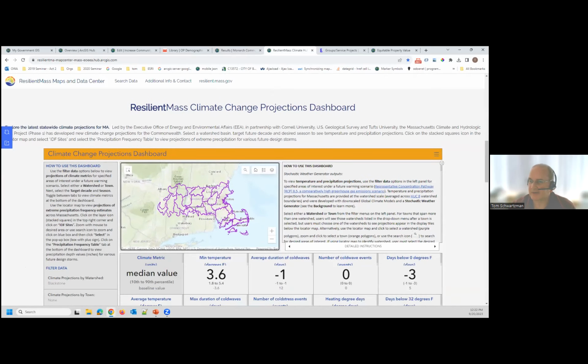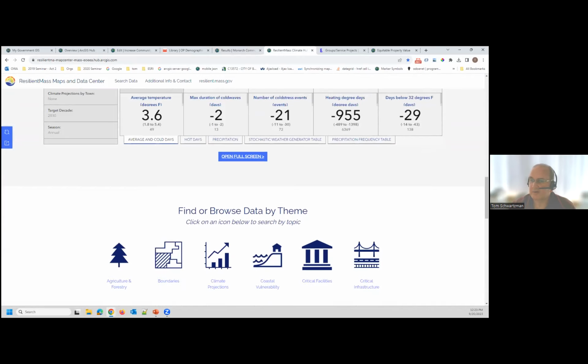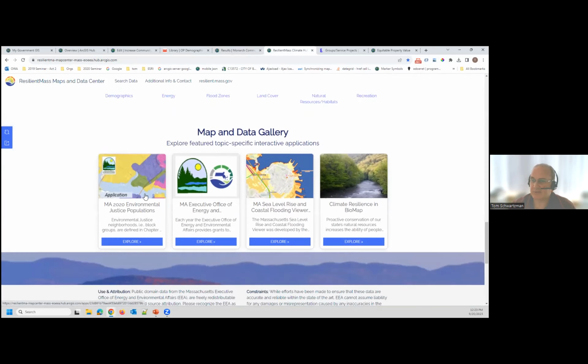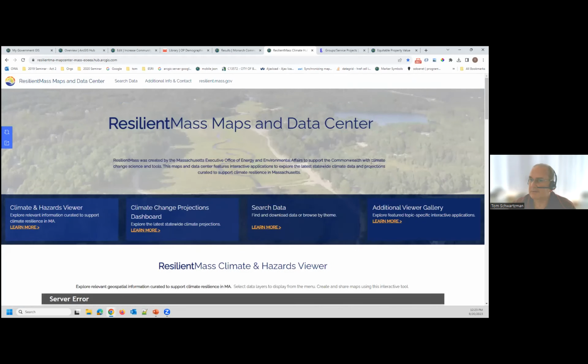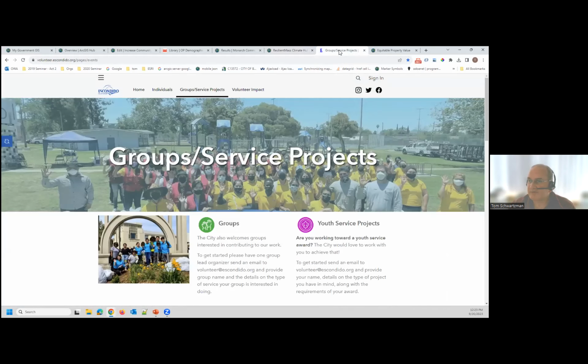And you can see here's a dashboard and some statistics and more data searching and a gallery. And there are multiple pages up here as well. Just a couple more and I'll finish up here. Here's that Escondido site where they